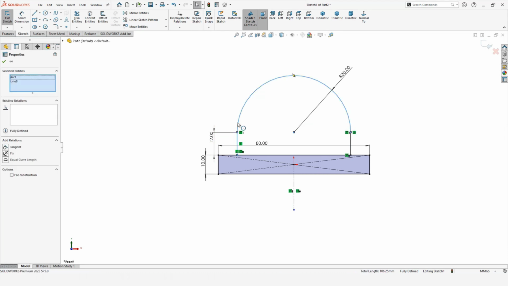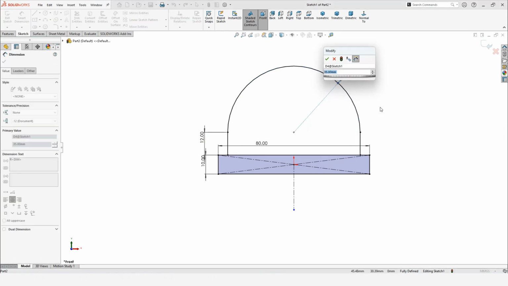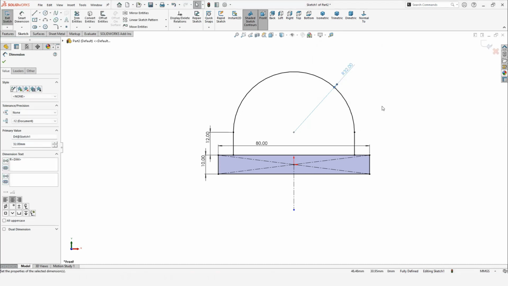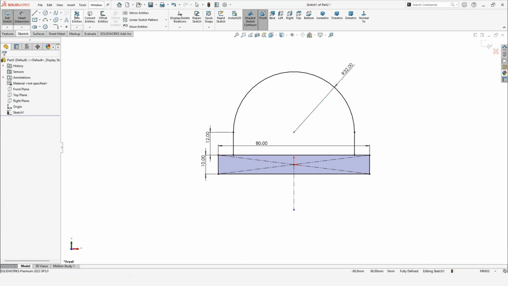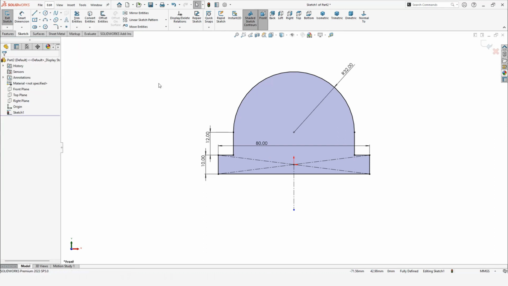We face multiple errors in SolidWorks. We should know how to solve that. And now let's change this to this much, 32. This is fine now. Trim entities, trim this middle line, and now we know that this sketch has turned gray. It's now ready to be extruded, but let's make a center line here